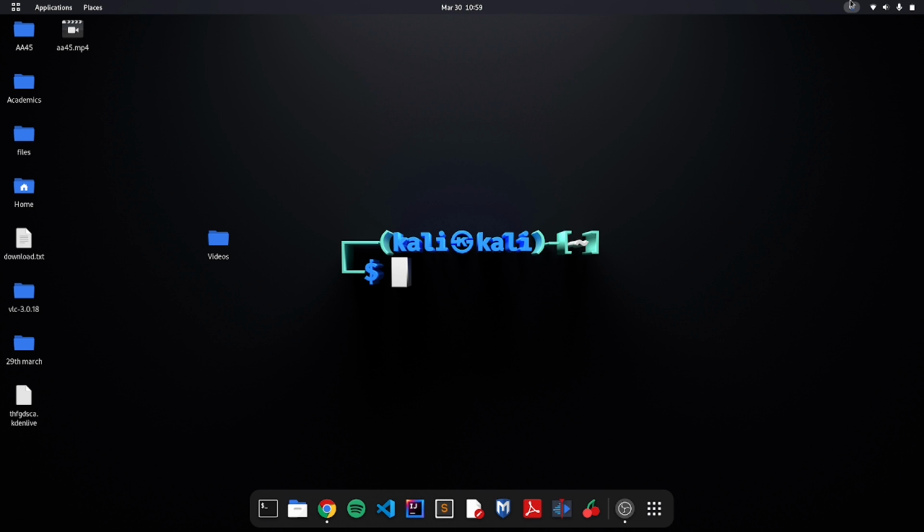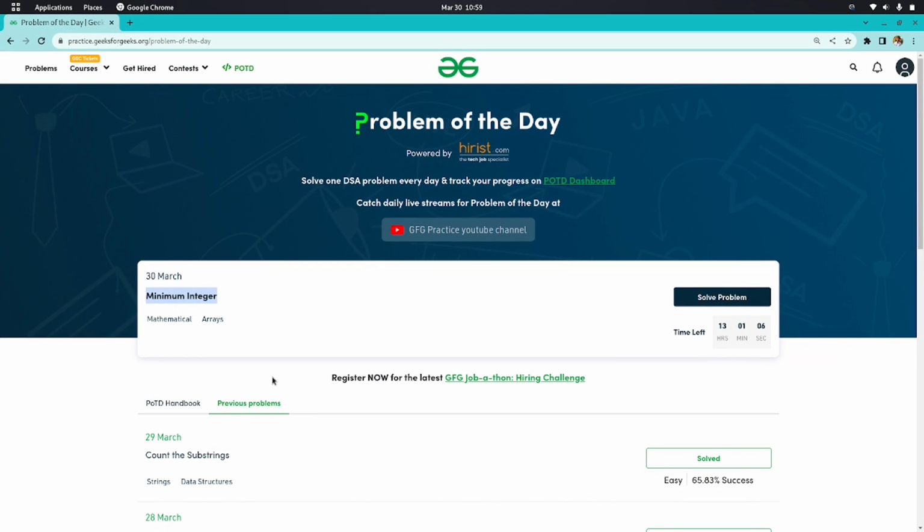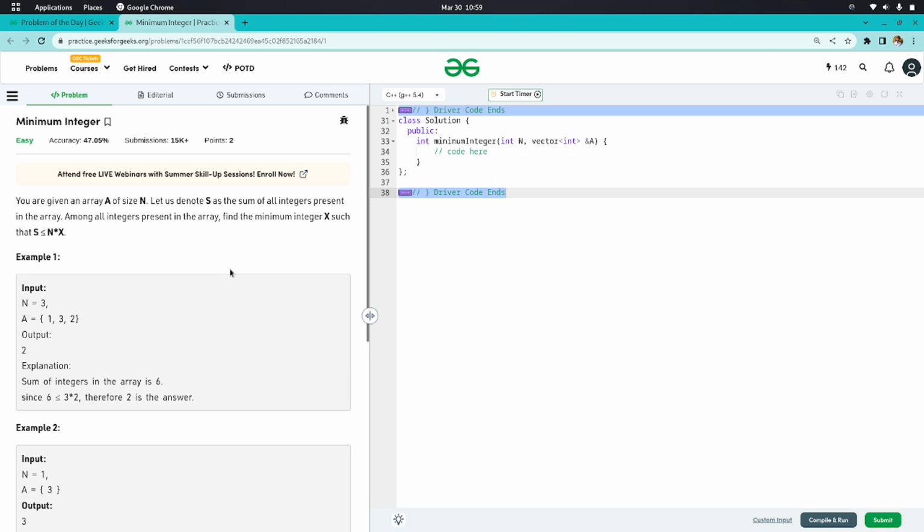Hello again. So we are going to continue the next day problem, like the 30 March problem. So let's check it out. The problem is called Minimum Integer. The statement says you are given